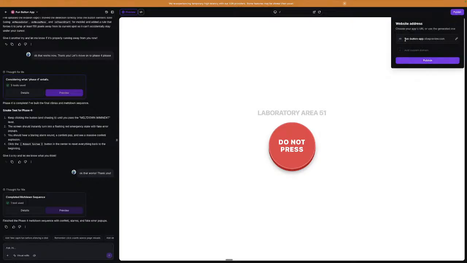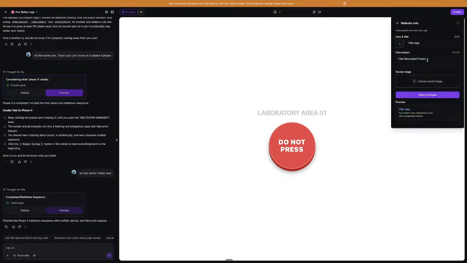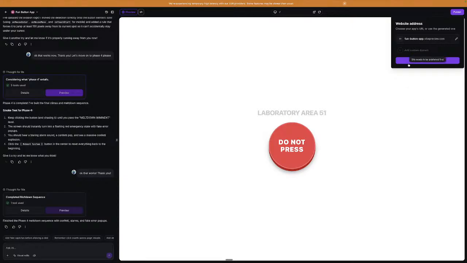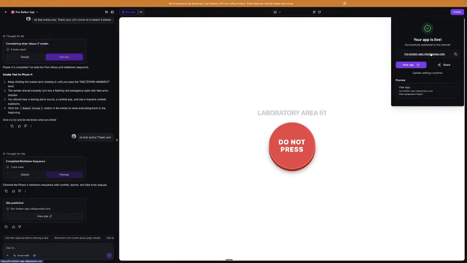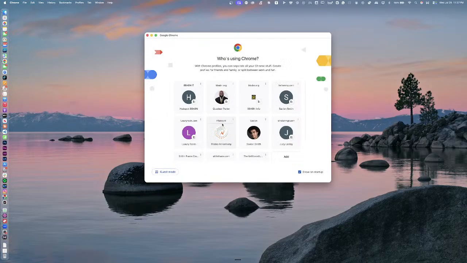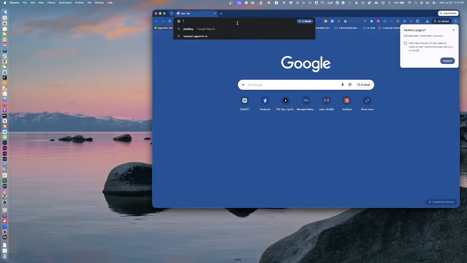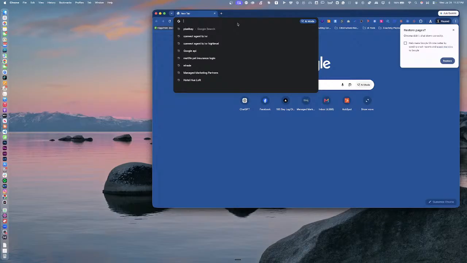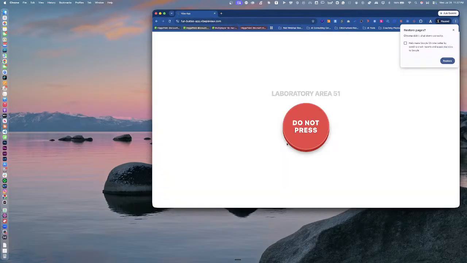Publish. Now this URL right here can actually be public facing. So you don't need to buy a domain if you don't want to, but for brand purposes, you can. Immediately this website is going to work, so you can send it to friends or whatever. Chrome quit again, but that's totally fine because I have it saved. And we can literally just go to the website right here. And boom, it's live.